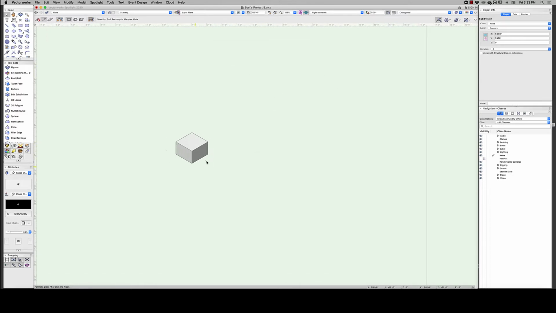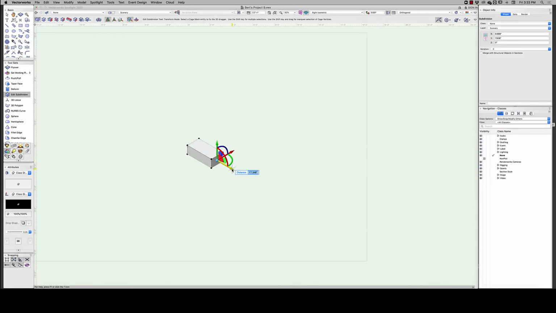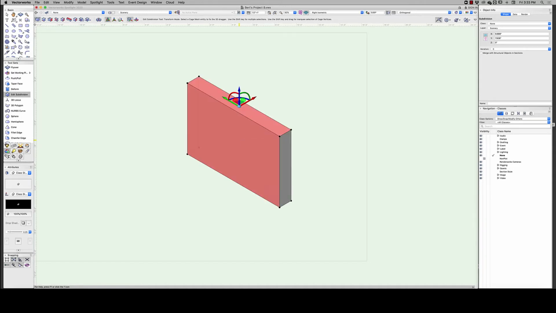So you didn't necessarily have to do that first step. You could have just gone on to what I was doing right now, but I just wanted to make it clear what our base divisions are going to be. So I'm going to go back to Edit Subdivision and click here. And this time we're going to move in this direction, and we want to tab and do 126 inches. Our overall length is 144 inches. We already had 18 inches. So we move 126 inches to get our overall length. And then if we click here and start to drag up and tab 84 inches. So that is our overall